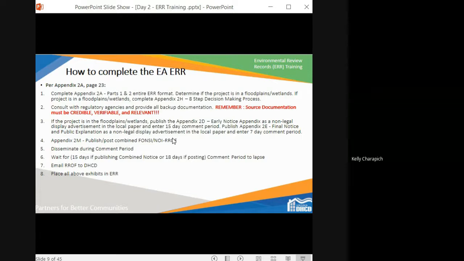I've added this in here because we do tend to see quite a bit of our environmental assessment levels of projects that need to complete the 8-step decision-making process, which would be found at Appendix 2H. After you've completed the entirety of Appendix 2A, Parts 1 and 2, which include both the statutory checklist we looked at yesterday, the statutory checklist worksheet, and the environmental assessment determinations and compliance findings for HUD-assisted projects form in Part 2 of Appendix 2A,